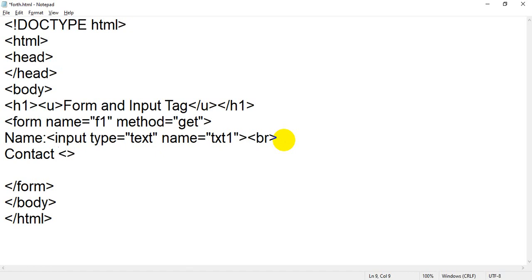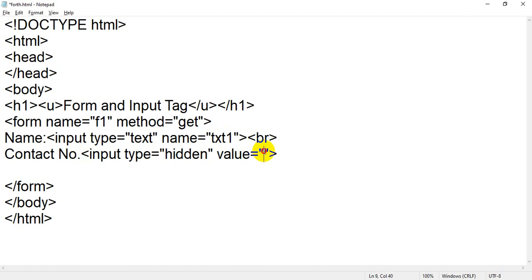Okay, so if I take input type equal to hidden, and I'm going to add one more attribute of input tag, that is value equals to, for example, 93210949114. Sorry, numlock is off.